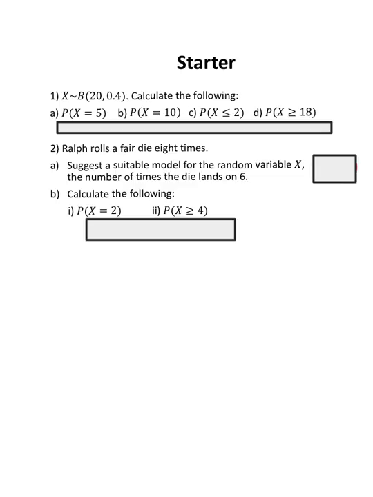So in this first example here in our starter, we're told we've got a random variable x which can be modelled on a binomial distribution where n is 20 and the probability of success is 0.4. Calculate the following. So if we want to calculate the probability that x equals 5,